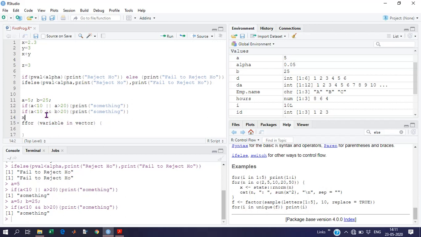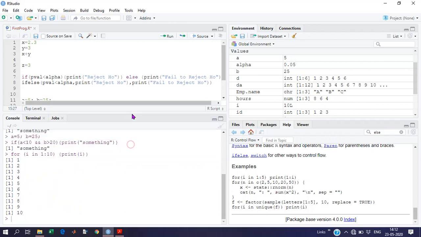Suppose my variable is x. Put variable i in a vector, suppose 1 to up to 10, and ask it to print i, whatever my i is. For i running from 1 to up to 10, print i, control n. Look at this side. So we have repeated the command print i for i in 1 to up to 10.